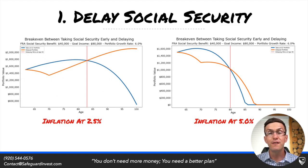But if we assume inflation at double this given rate, inflation at 5%, we find that it moves that break even 3 years earlier to age 80. So understand, when we see higher inflation, it will move that break even forward, thus making delaying Social Security that much more valuable. The second way to protect against inflation is to hold assets that have a consistent history of